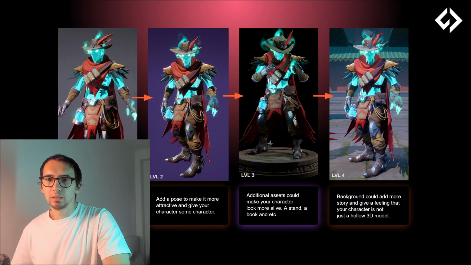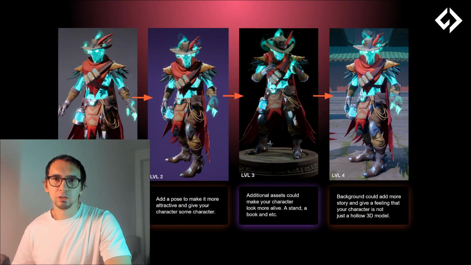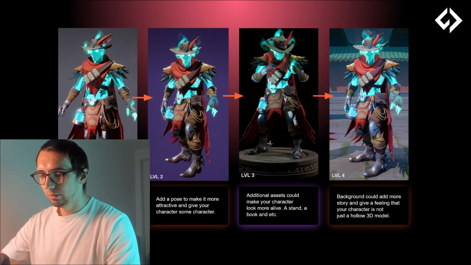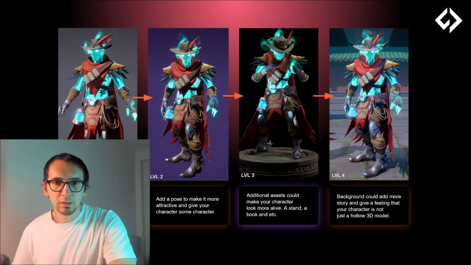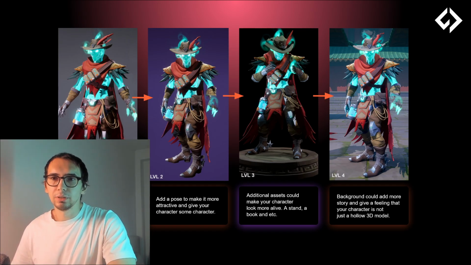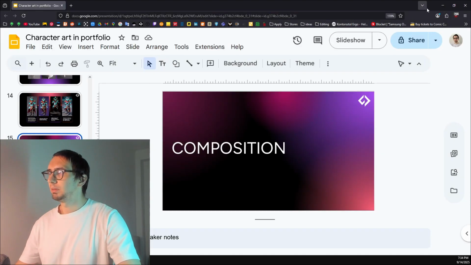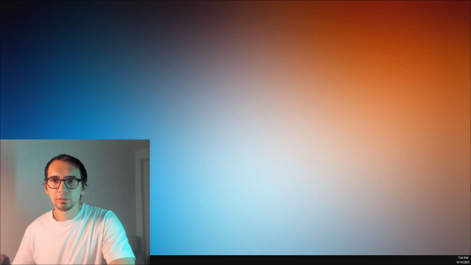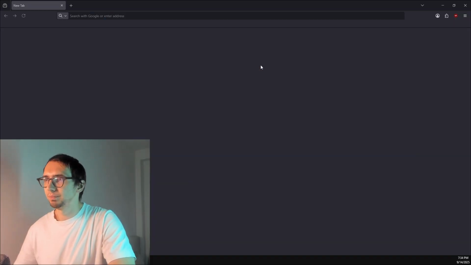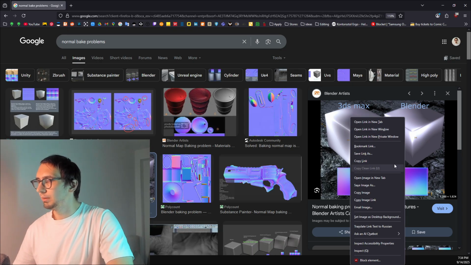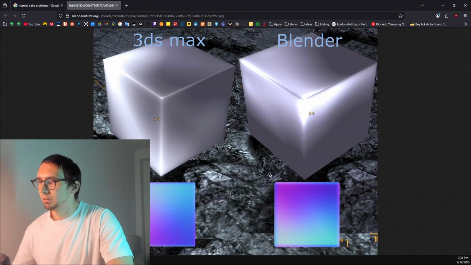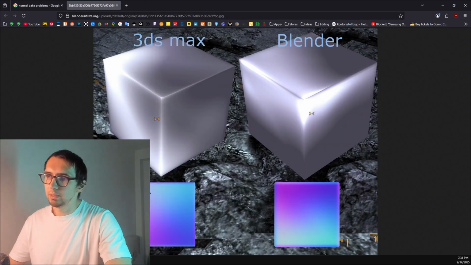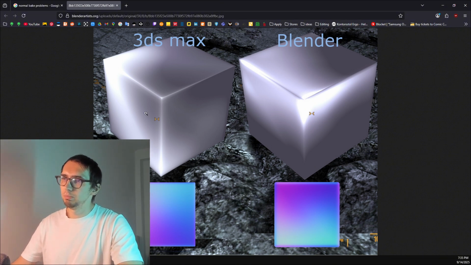Okay, so can you show me an example of a good bake and a bad bake of a normal map? Okay, let's see. Normal map bake, because the problematic normal map will have gradient. Yeah, so we can have a picture here. Let's put this guy here. So you see that ideally, let's maybe open that up like this. Ideally you want to stay away from this kind of gradient on your normal map. So this should be basically plain